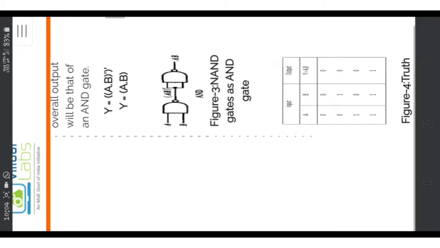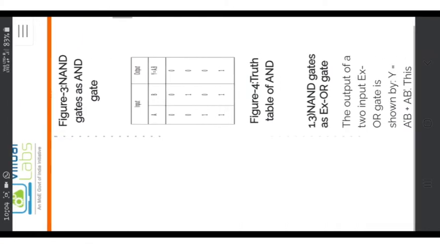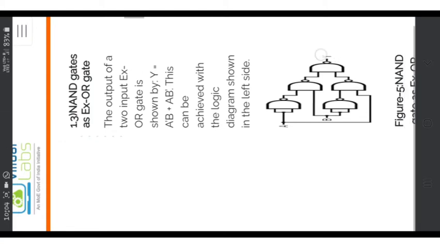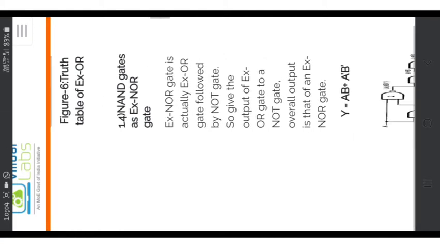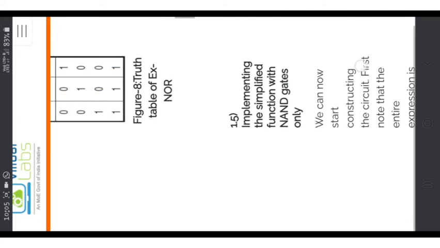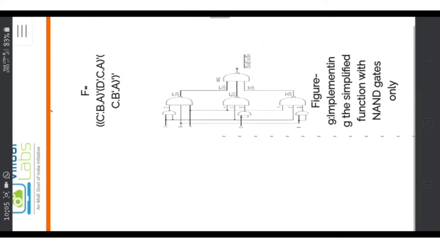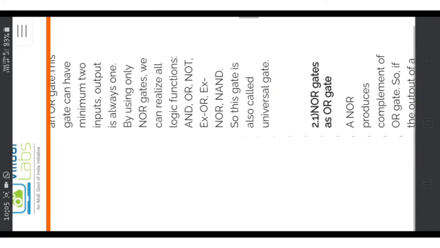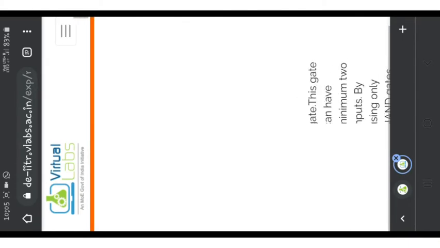Similarly, here it is shown how AND gate is formed using NAND gate, that is a universal gate. Here it is shown how XOR gate is formed using NAND gate, and here XNOR gate is formed using NAND gate. The formulas are all derived through De Morgan's law. Here, an expression is given using NAND gate. Similarly, different gates formed using NOR gate are given here in the theory part.